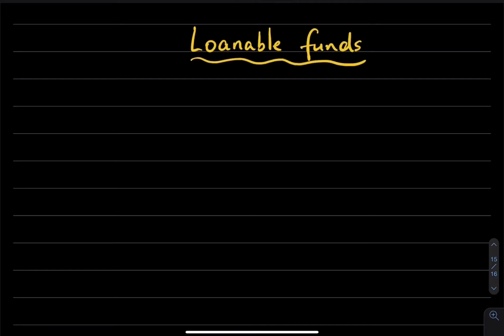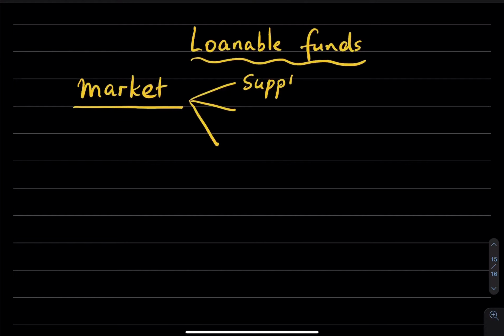So let's think about what we mean by loanable funds. Like any other market that we discuss, we want to think about 3 things in this financial market. The first thing is the supply of loanable funds. The second thing is the demand for loanable funds, and the price that would clear the market would be the price of the loanable funds, which is the interest rate. And this is really the real interest rate that we're talking about here.